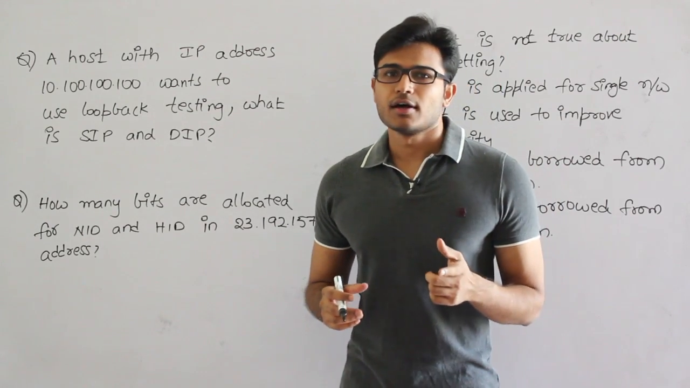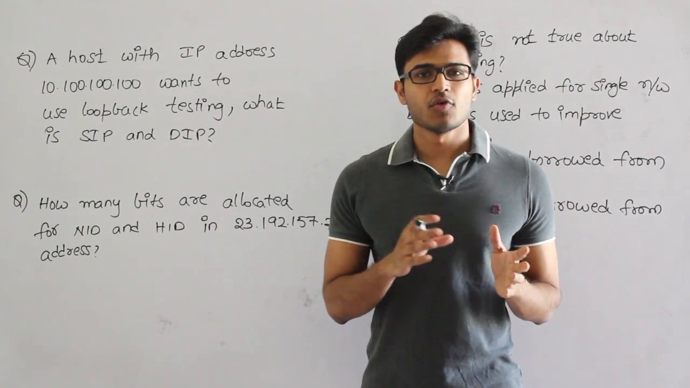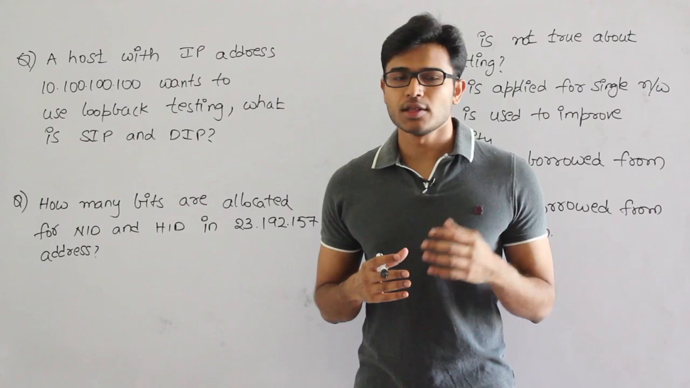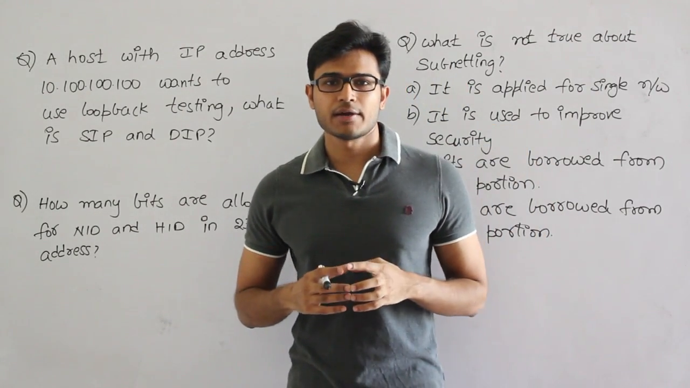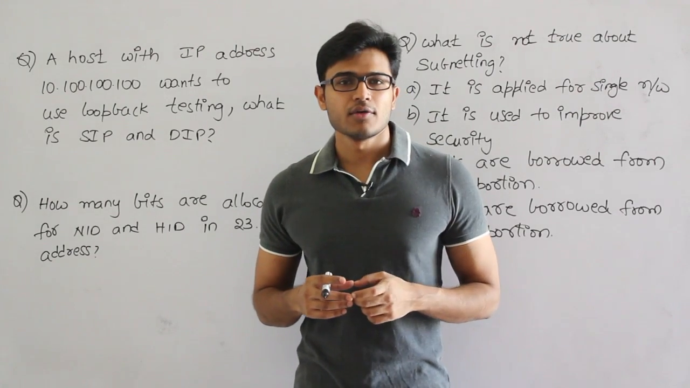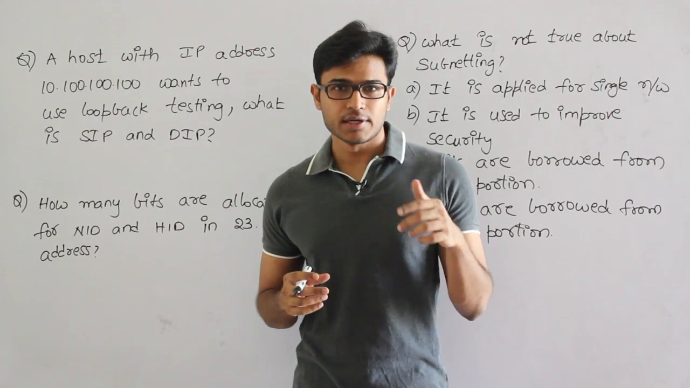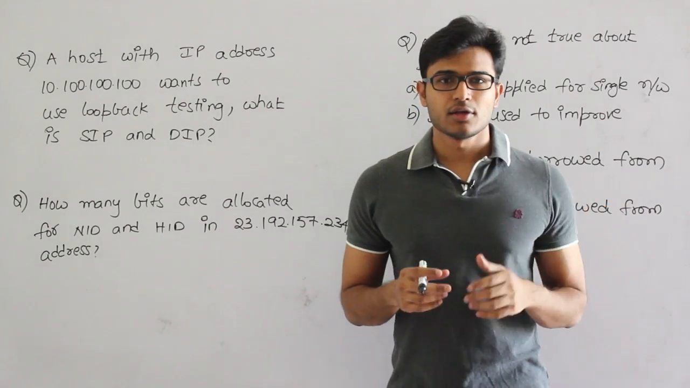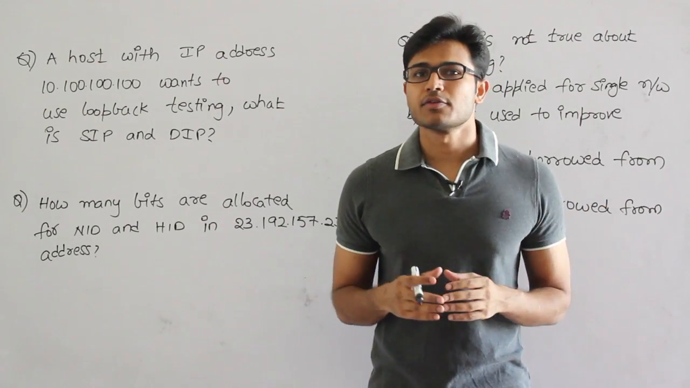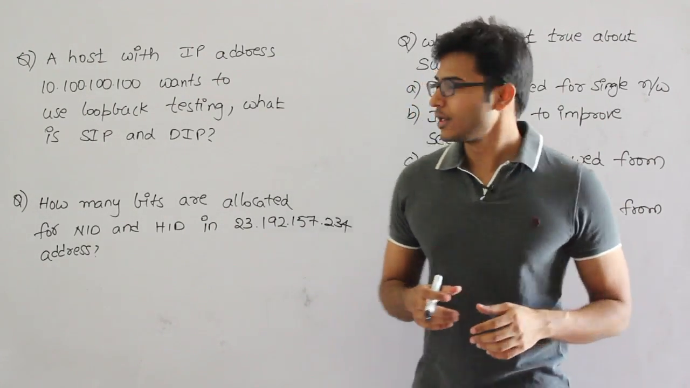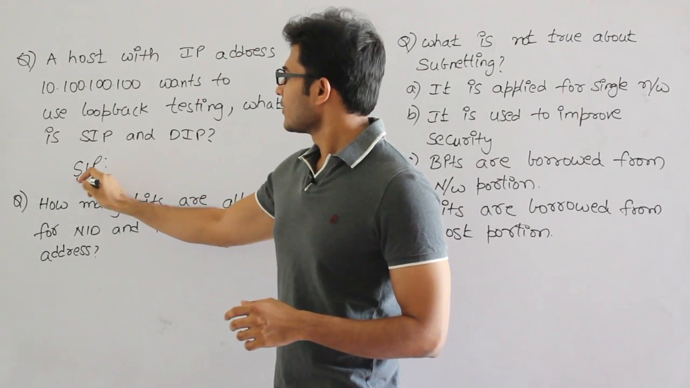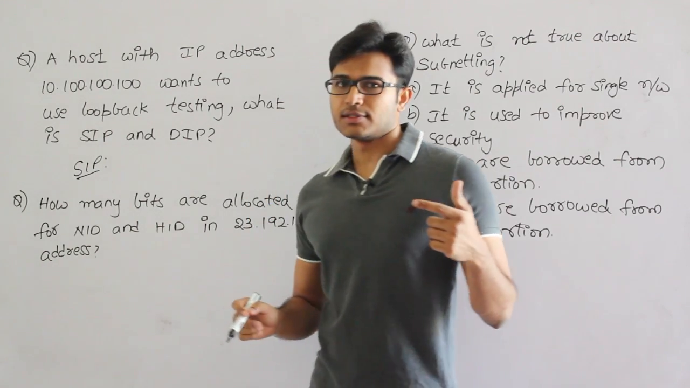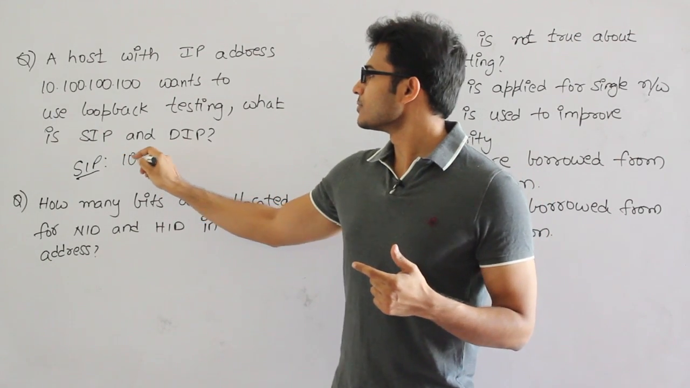I told you that loopback testing is nothing but we want to see whether all our networking layers are working or not, and whether our MAC, the NIC card, is working or not. For that reason, not just one IP address but the entire class 127 has been dedicated for that use. Therefore, when you want to do loopback testing, the source IP has to be the same address, which means